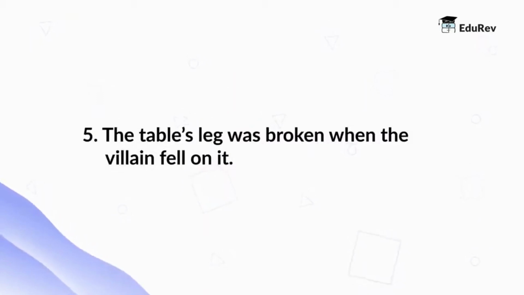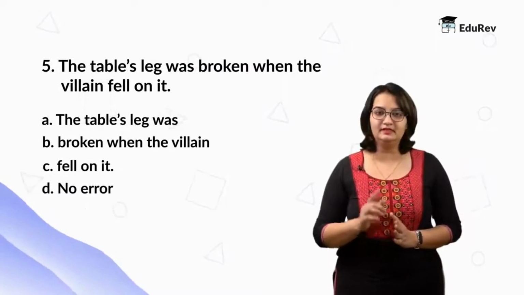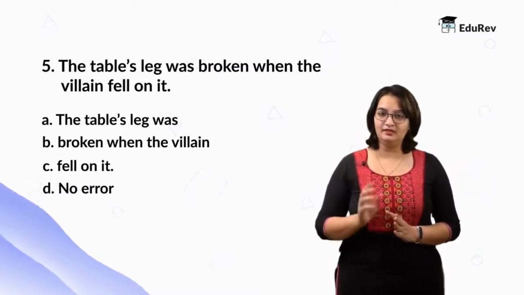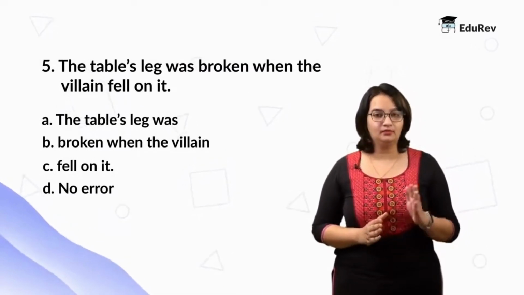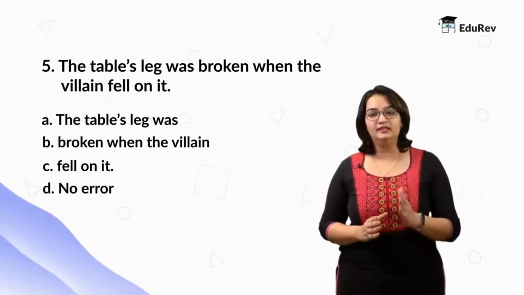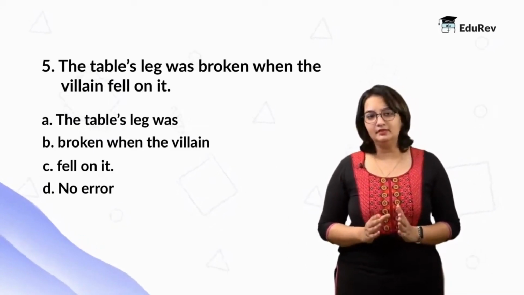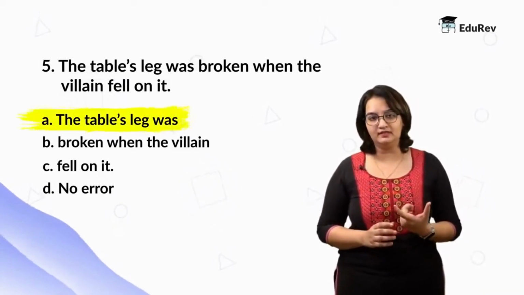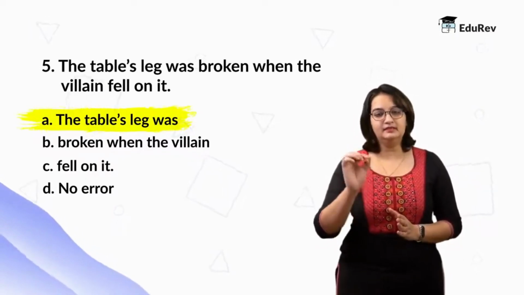Let's take a look at another interesting example now. The table's leg was broken when the villain fell on it. Option A, the table's leg was. Option B, broken when the villain. Option C, fell on it. And option D, no error. Here in the statement, when we look at the first part of the statement, we see that the table's leg